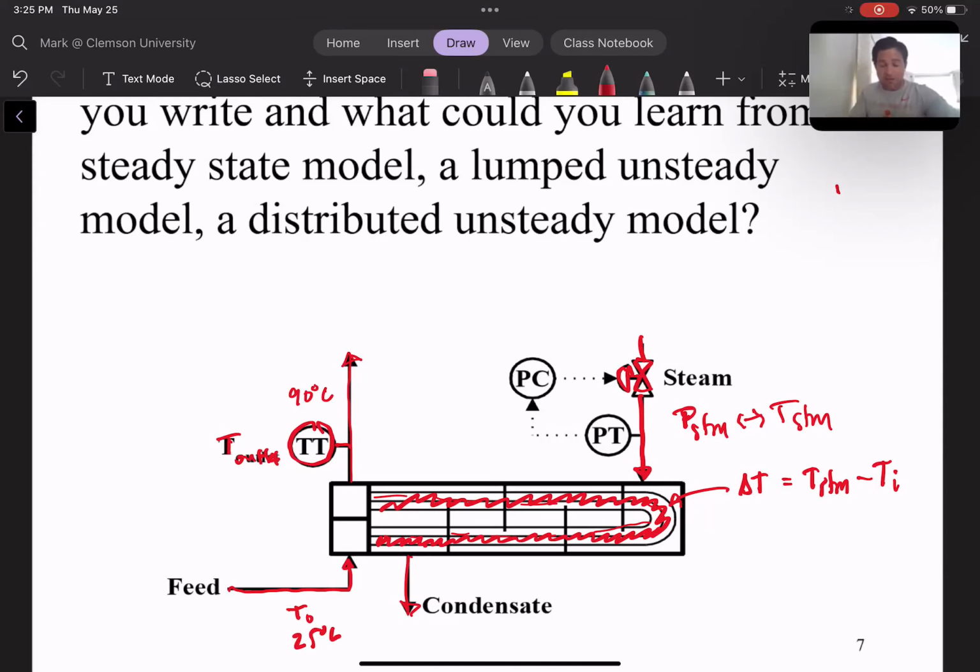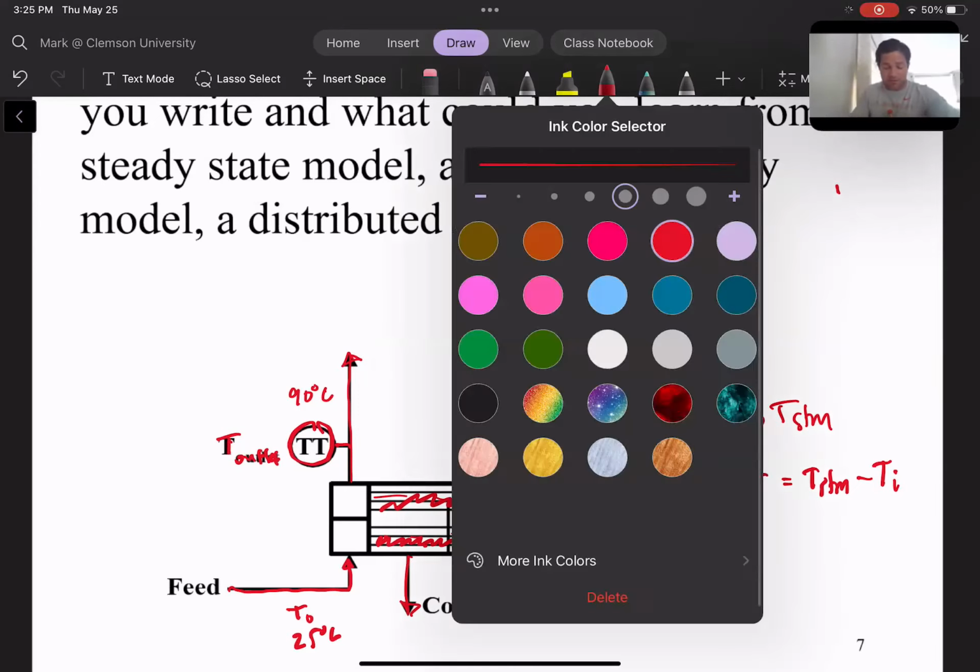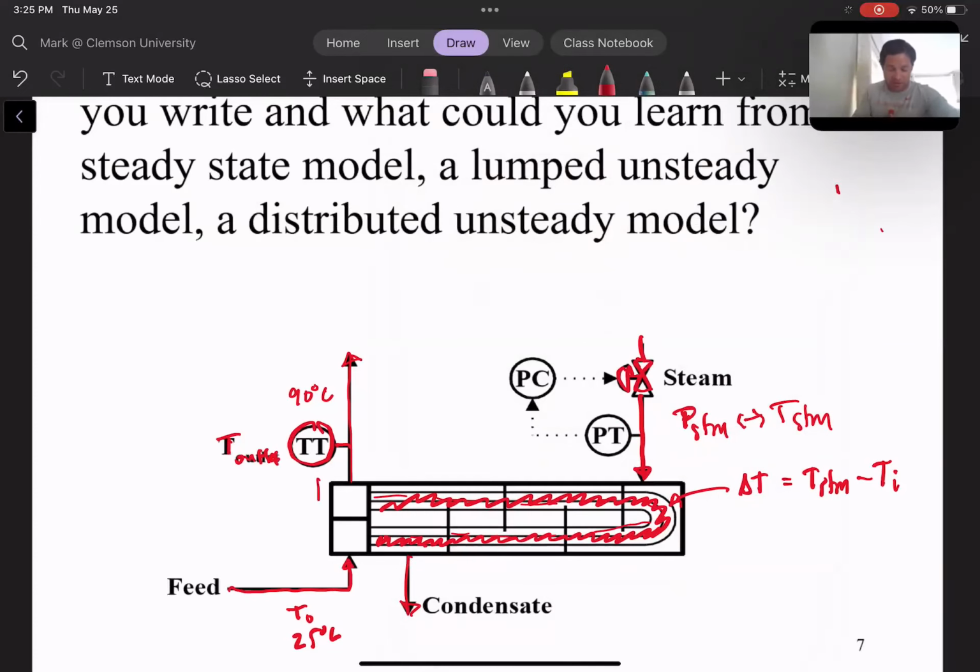For a lumped unsteady state model, we could take this whole system right here and treat it really as a black box, and write an overall balance on the system. So we have a change in temperature of the process fluid, and we can relate that to the amount of steam that's condensing in the process. That's useful for knowing how we would need to adjust the steam flow rate or the feed flow rate to keep the process at a given